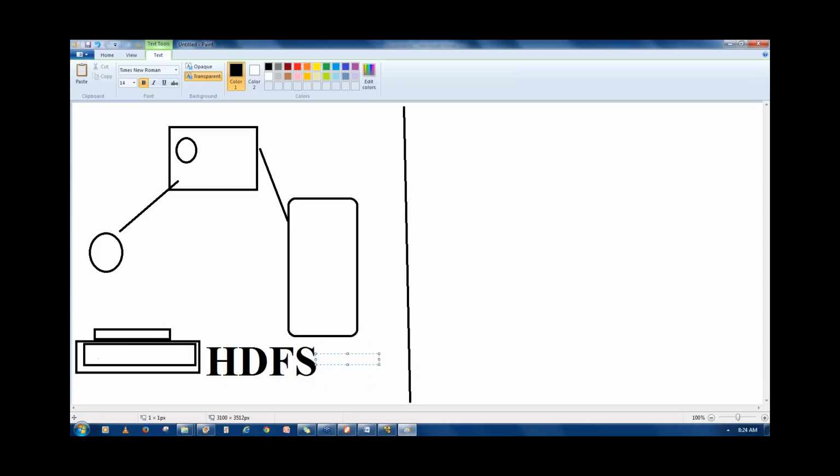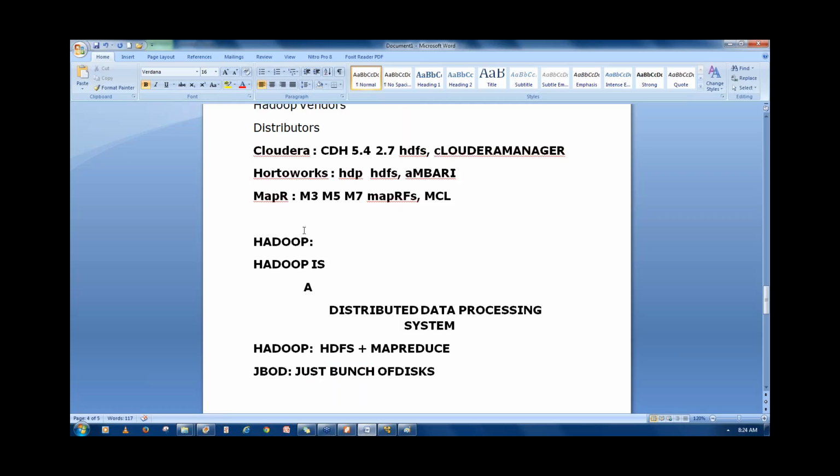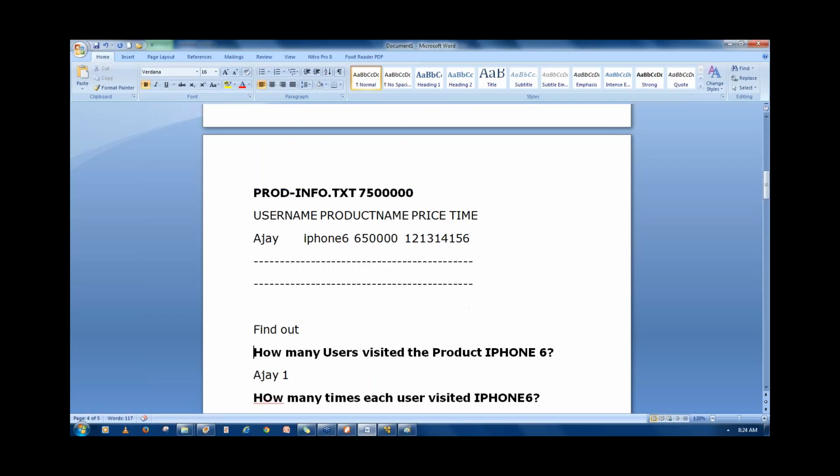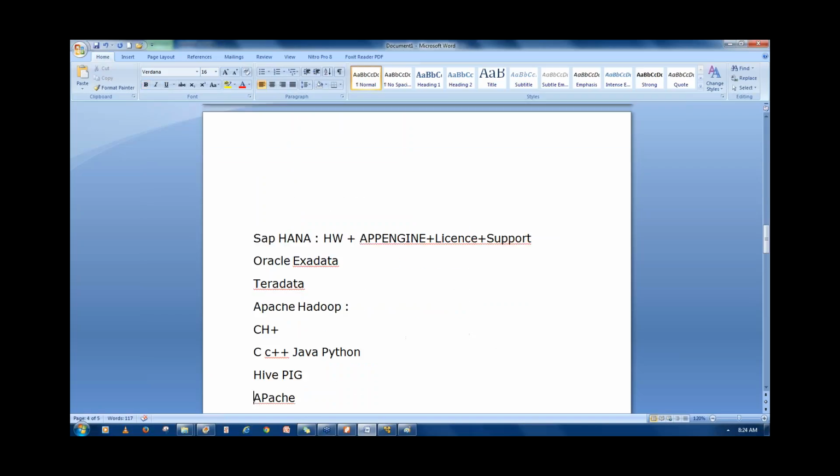Now we can copy a file from local to HDFS, and from HDFS to local, meaning from the operating system to the Hadoop file system, and Hadoop back to the operating system. That is, whenever you configure Hadoop, we get a file system. That file system is HDFS. HDFS stands for Hadoop Distributed File System. Now the data which you want to process, see in this example, the file prod_info, we should make this file available in HDFS,